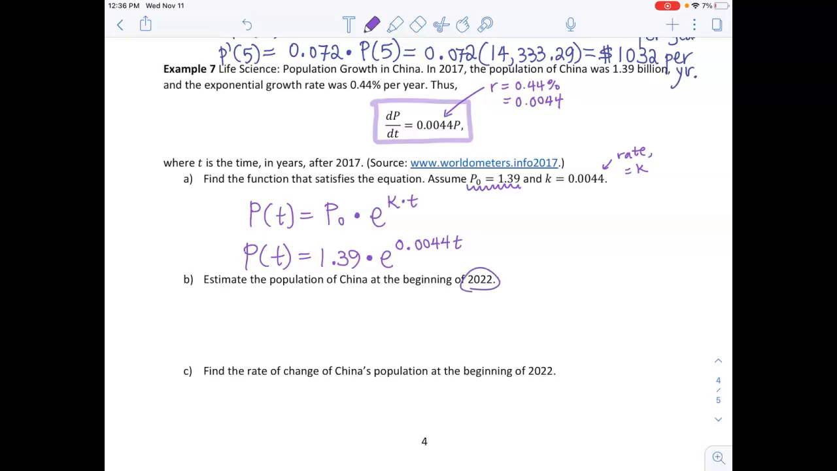Now let us use this function to estimate the population of China at the beginning of 2020. To find the t first, subtract